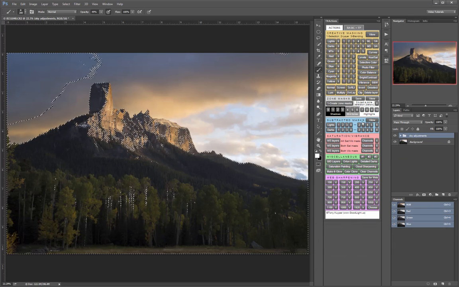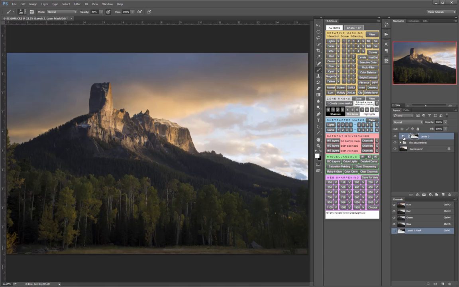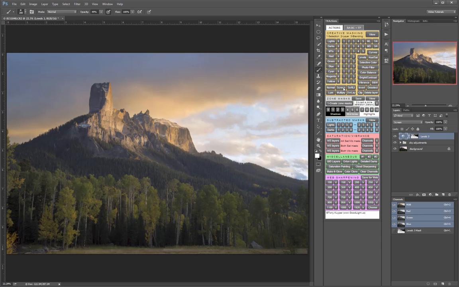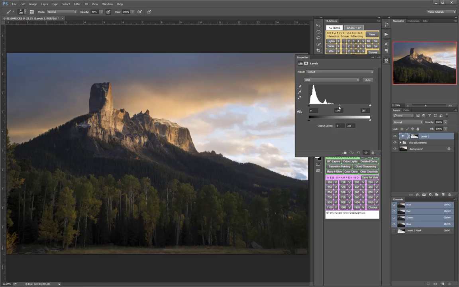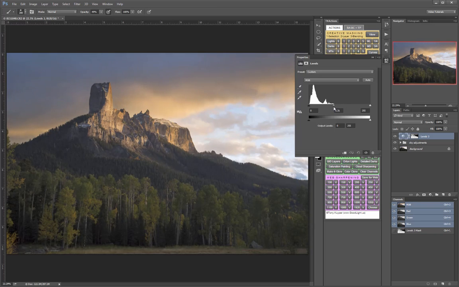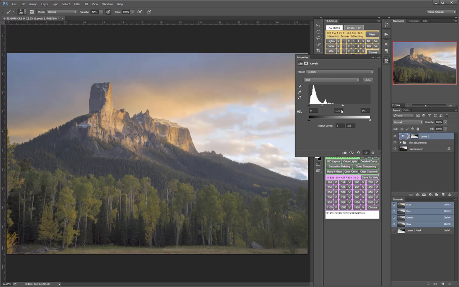Click continue and then load another levels adjustment layer. And this time I could set the screen blending mode if I wanted to and just lighten with the screen blending mode, or I could leave it on normal and just do it all through the sliders in the levels adjustment. So for example, if I want to lighten up there a little bit, and I actually want to lighten the highlights in those dark areas,